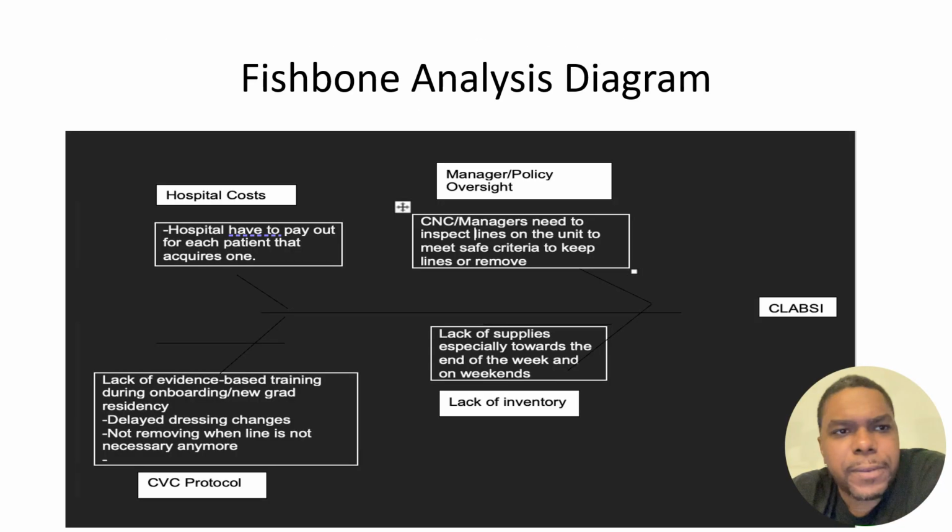So here's my fishbone analysis diagram, just showing exactly what we've been discussing so far: a protocol, hospital costs, managerial policy, oversight, and a lack of inventory. These all can lead to CLABSIs, as well as CAUTIs, which are community-acquired urinary tract infections. They can lead to aspiration pneumonia. So it's very important that all these things and similar types of hospital or community-acquired infections,